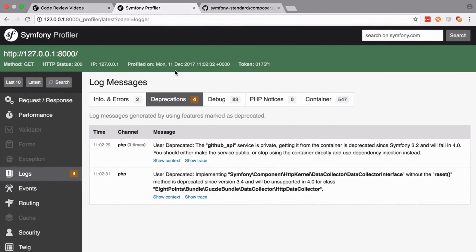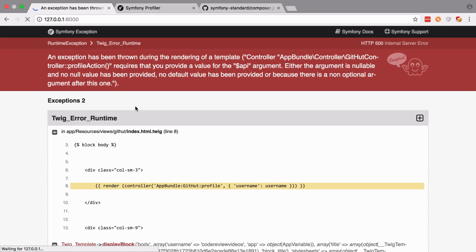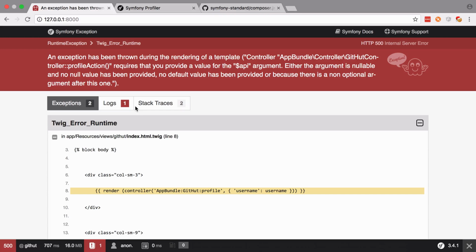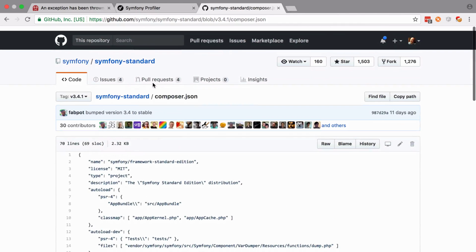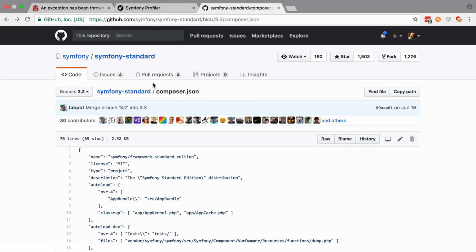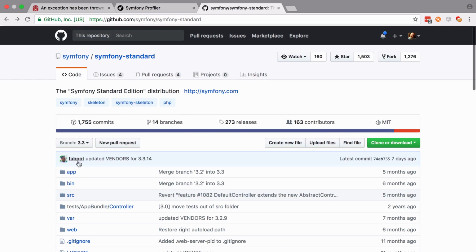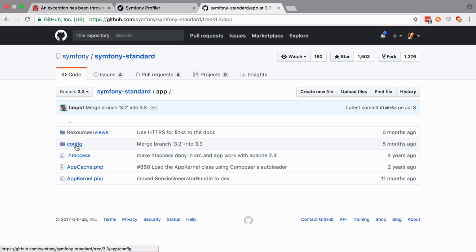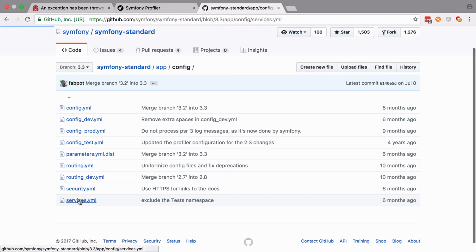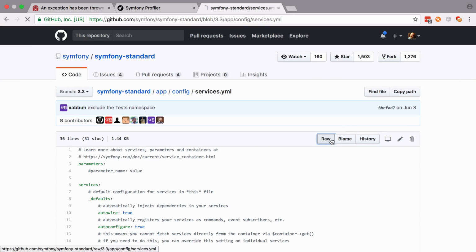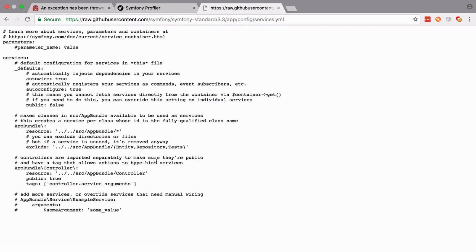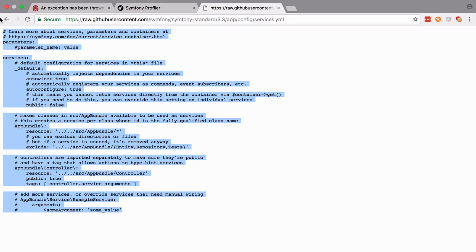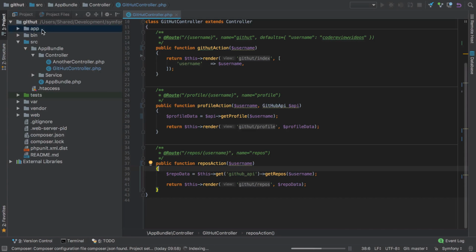Of course, if we try and refresh now, we've completely broken everything, because without some additional config, Symfony has no idea what we're trying to do here. So again, if we look inside the Symfony Standard Edition, this is the easiest way to sort of start stealing bits that are expected. I'm just going to go back, go into App, Config, and then under services.yaml. So if you were to pull down a new instance of Symfony 3.4 and you were to look inside your services.yaml file, this is basically what you would see. So I'm going to take a copy of that, and I'm going to look at the one that we've got,